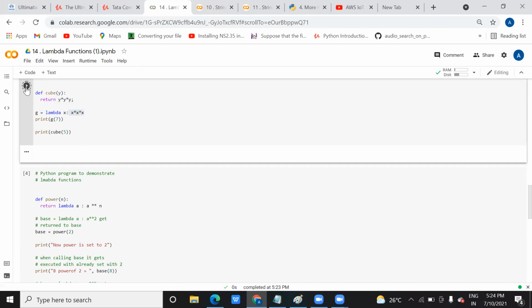So just see this output and just see this code. When you write this cube 5, this 5 will be copied here. It will return 5 cube, that is your 125. Similarly here, you are not returning anything. You have not made any function here. What you did here, you just created a lambda expression, and you assigned the content of that lambda expression to a variable g, and while calling you just assign this 7 to it. So this 7 will be initialized to this x, and the cube of the 7 will print 343. So while printing, you just call print g7. So like this it works.